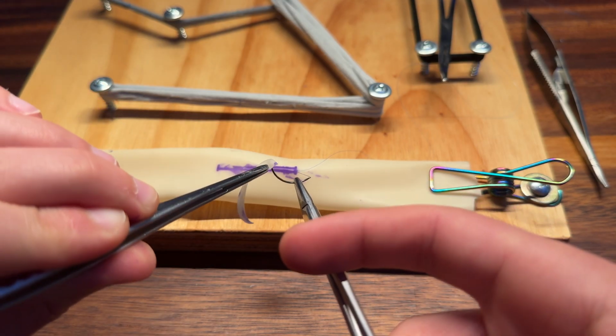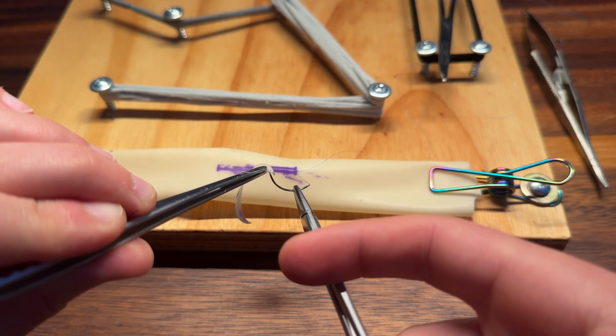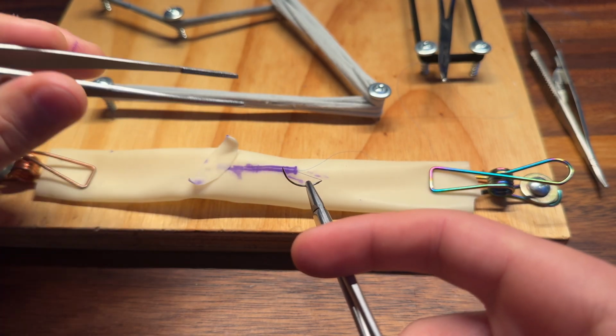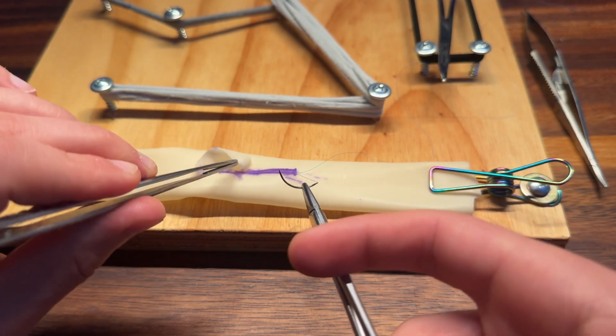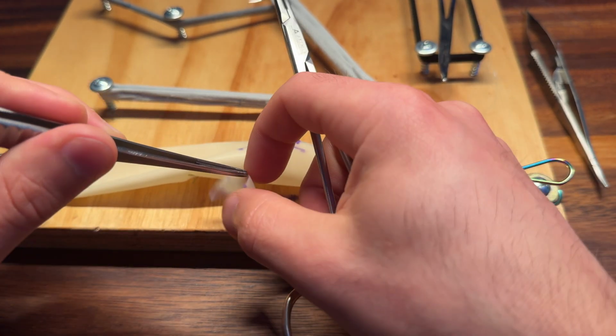So I know I said to not grab the tissue, but I'm not really sure how else to do this. And by the way, they do have forceps that are non-traumatic to blood vessels. So a bit of a contradictory statement there, but